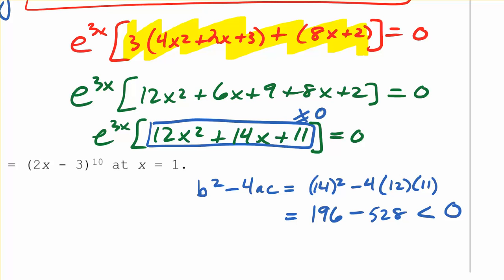e to the 3x is always what? Positive. So the derivative is always positive. So therefore this function is always increasing. Hold on, but just focus here for a sec. 3e to the 3x is always positive. So is that 12x squared plus 14x plus 11. So this whole thing is always positive. So therefore it is always increasing. You need to answer it in pieces. So if I asked you to answer